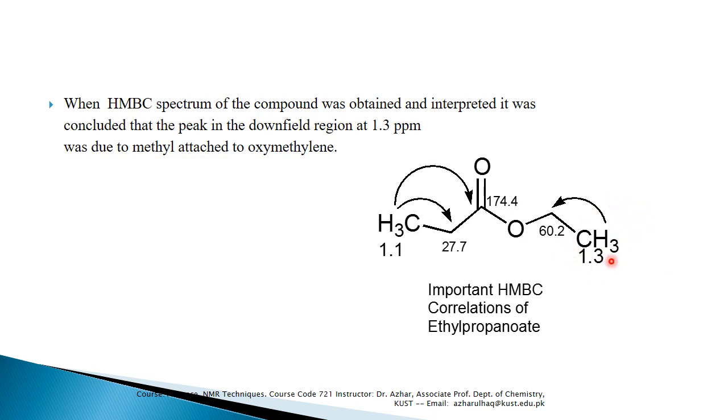As the spectrum shows connectivity of the methyl group resonating at 1.1 with the carbonyl carbon and with the methylenic carbon having a peak at 27.7. Similarly, the methyl group in the proton NMR spectrum having resonance at 1.3 ppm shows connectivity with the oxymethylenic carbon. This clearly shows that this methyl group, having resonance at 1.3, is attached with the